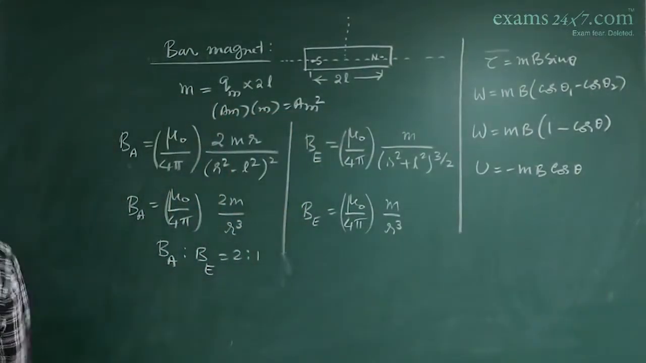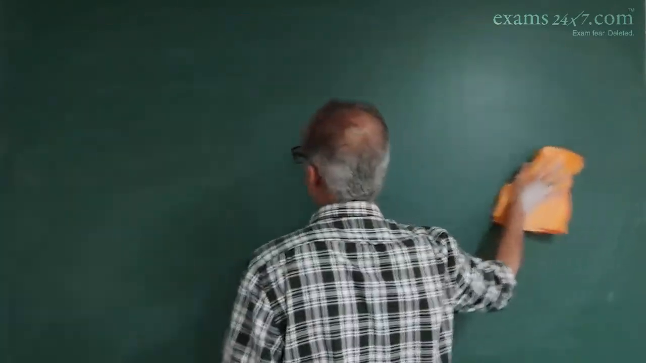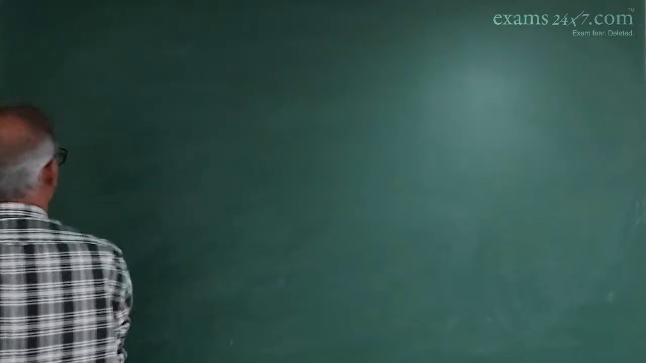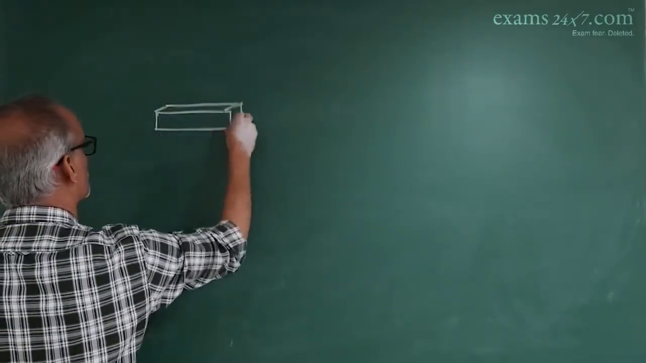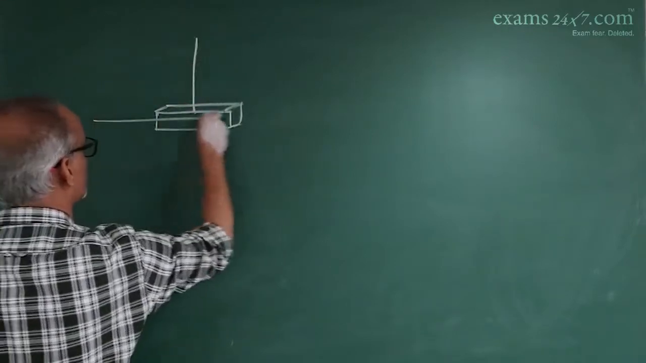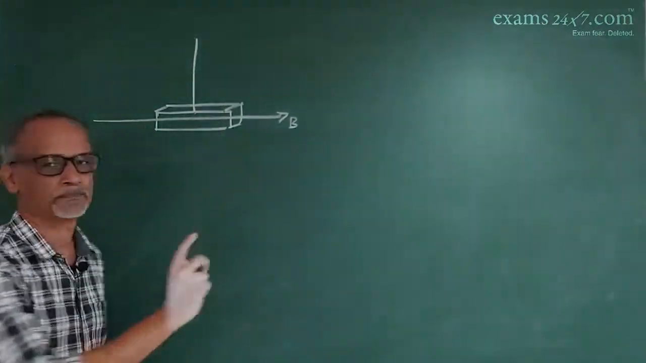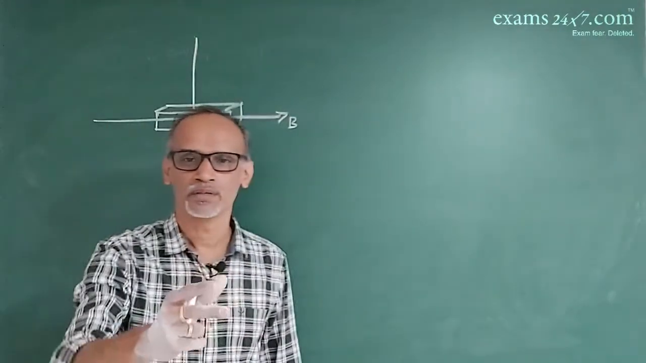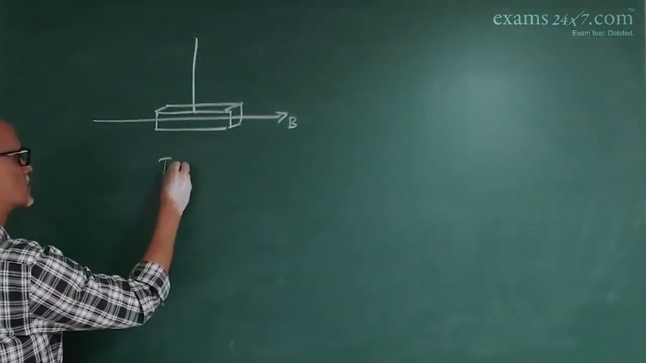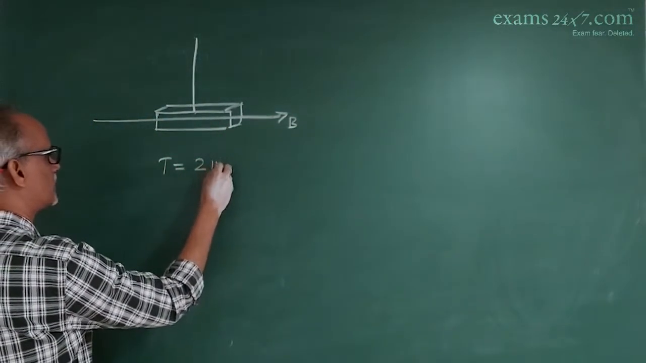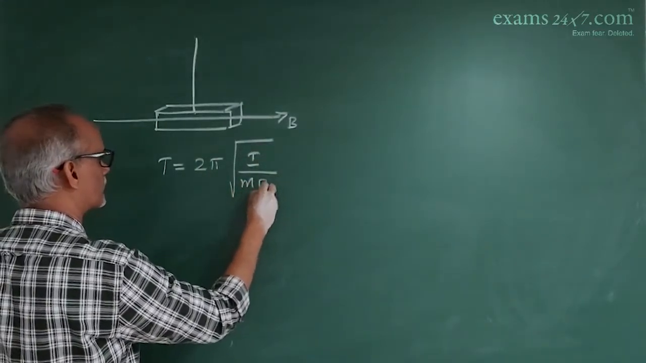So these are the equations related to magnet. And when a magnet is suspended in a magnetic field and it is deflected by a very small angle, and if it is allowed to oscillate, then the time period of such an oscillating magnet is given by T is equal to 2 pi root of I by mB, where m